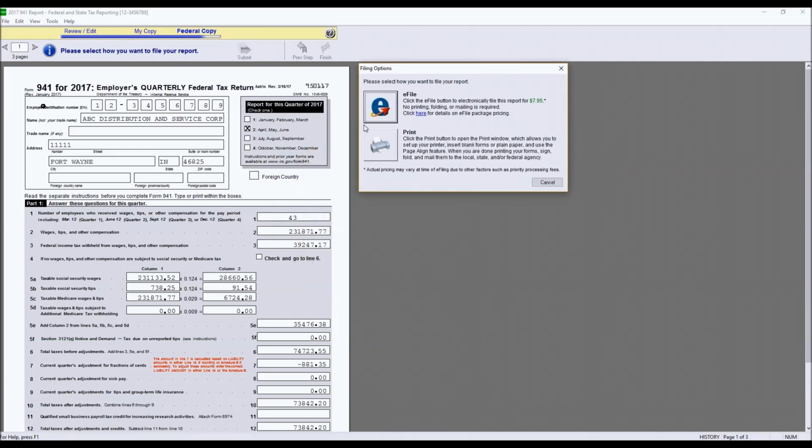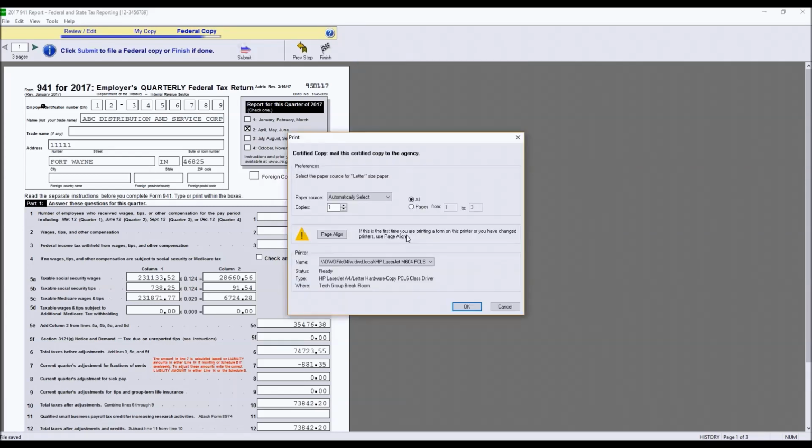And here's where we get to distinguish between what we're going to do. If I'm going to paper file, I'm just going to go to print. If I want to e-file, then I can go in here and I can actually process the e-filing through Atrix. It requires an account with Atrix. It requires a credit card to make the payment to them. Again, if you need help getting some of that stuff set up, let us know because we can work with you on that. And then I can print the formal copy that will be mailed to the IRS.